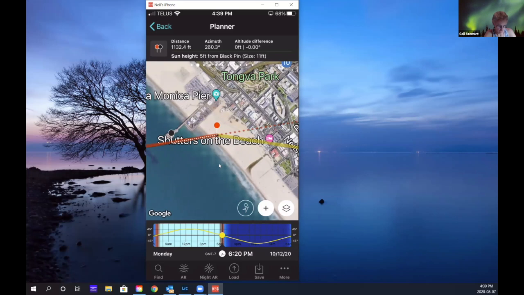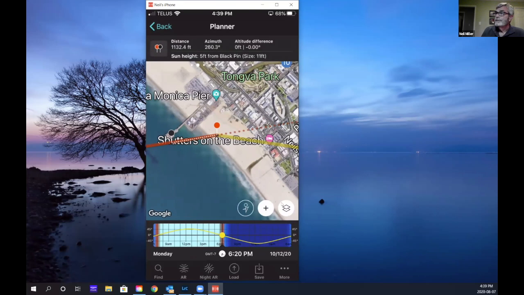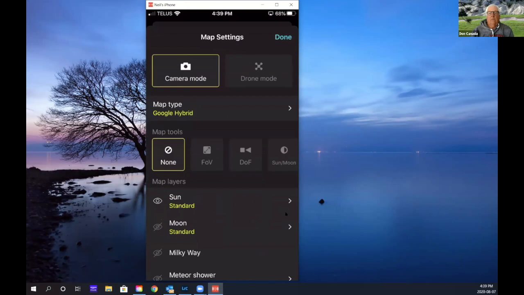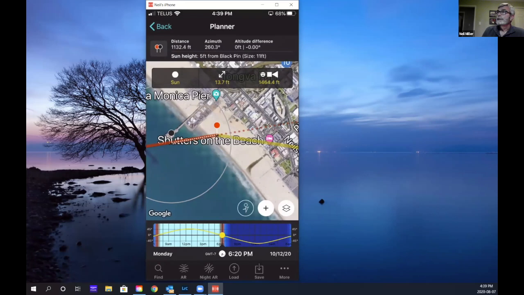That's amazing. And okay, so if I click on the little layers emblem down here, there's a couple of other things that are useful. If I click on the sun, moon, and then press done, it brings up a little box here. And if I go up to the top here, it indicates that